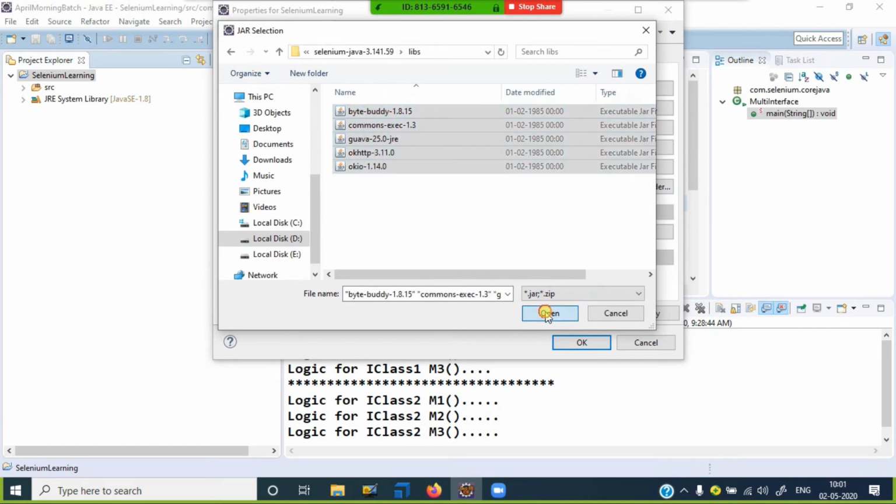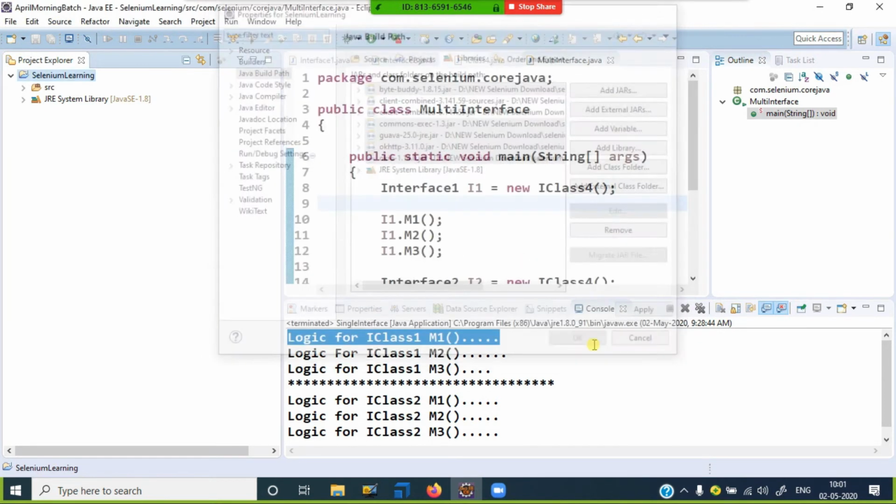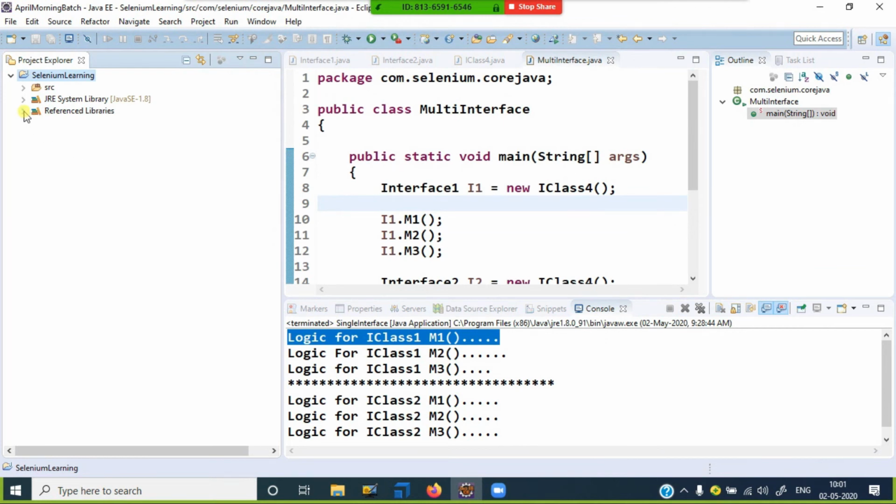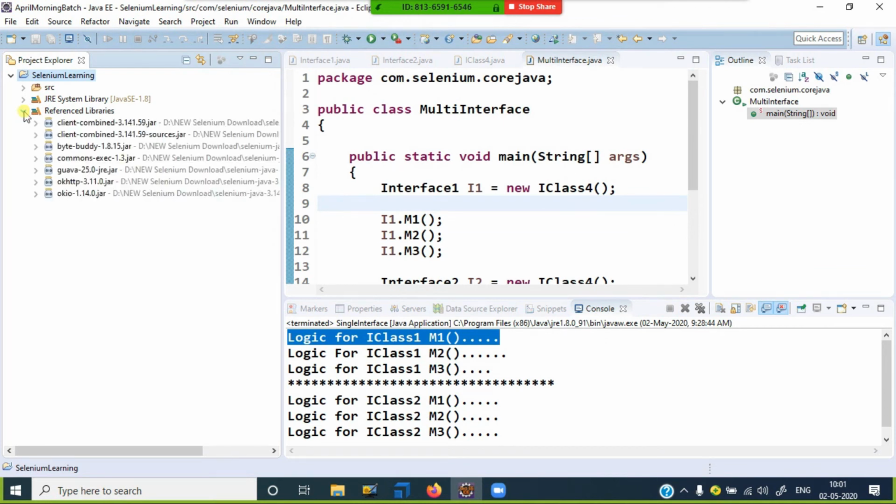Select, open, and click OK. Now all the jar files are coming in here. So you can use this pattern of Selenium also, as well as the standalone. Whatever jar files you need to configure, your Selenium will start working.